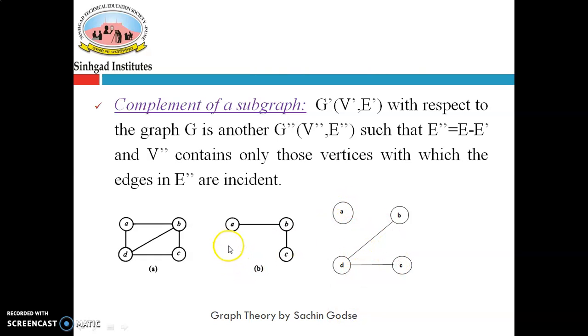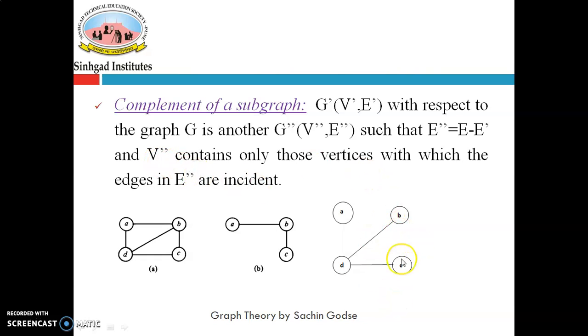You can see that the edge set is containing E minus E dash. E minus E dash means the edges which are contained in the original graph but which are not in the subgraph. So these two edges are removed and all other edges are taken into the complement of this subgraph. So these are nothing but AD, BC, BD and CD. These edges are taken and